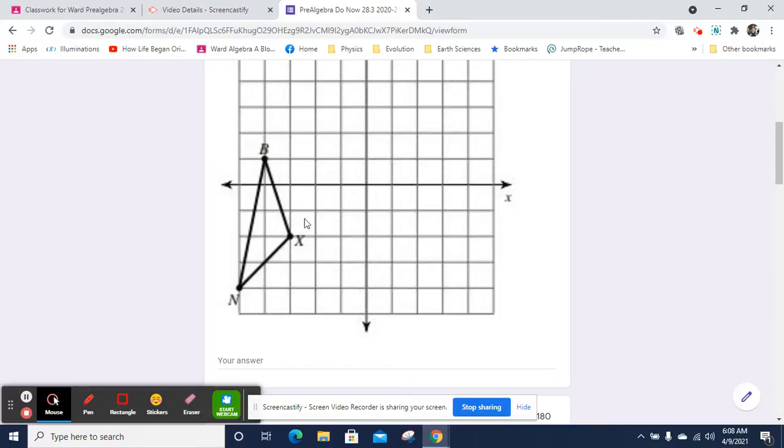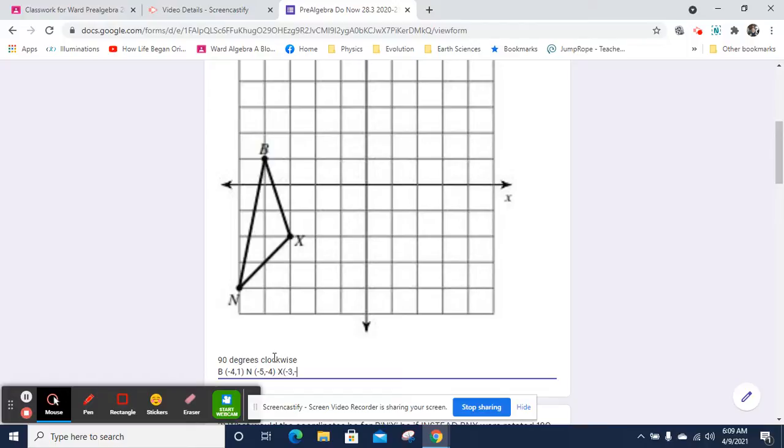So we're rotating 90 degrees clockwise. Since it's a little off screen, I'm going to make a note: 90 degrees clockwise. All right, so let's start off with what b, n, x are as points. So b is currently -4, 1. And n is currently -5, -4. And x is currently